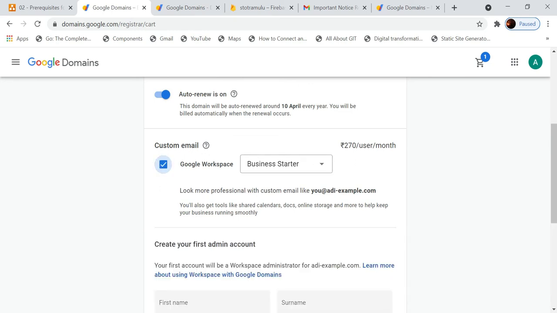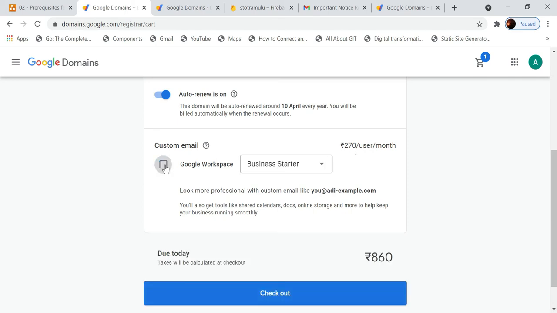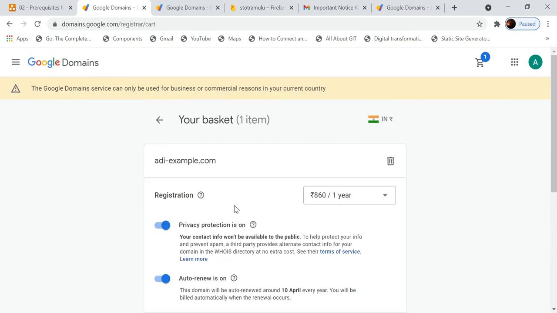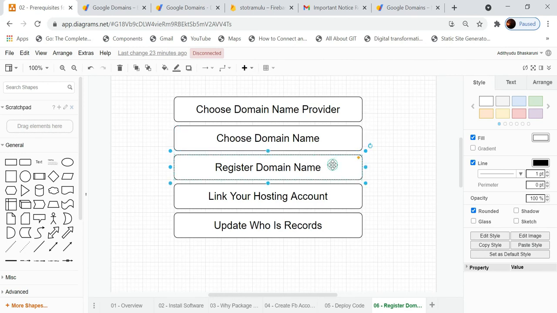There are some additional charges for that. But if I don't need that, I'll uncheck it and check out. Then I'll have to pay this amount, and the domain name whatever I have chosen, this adiexample.com, will be mine after paying this amount. This is how you will register for the domain name.